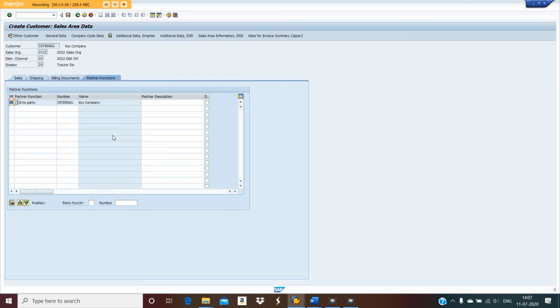Next is partner function: SP, SH, internal, then BP, internal, then PY.